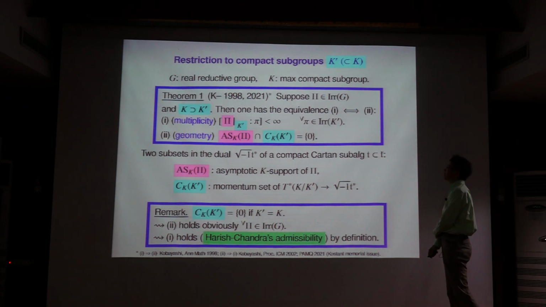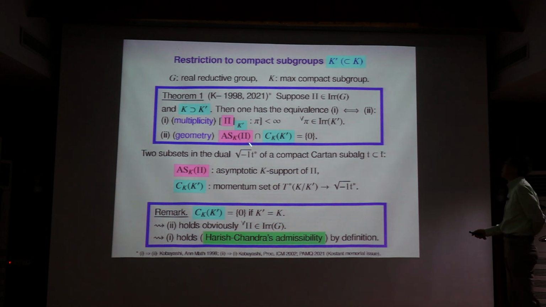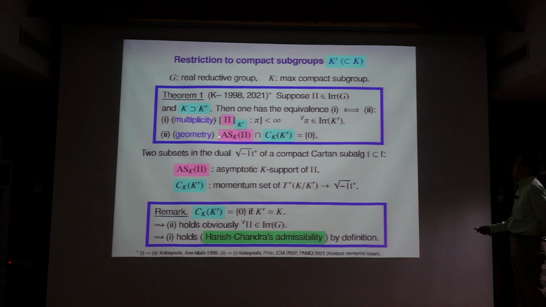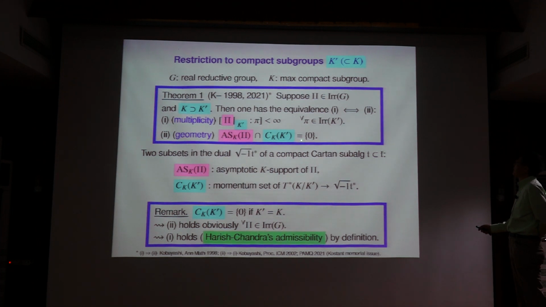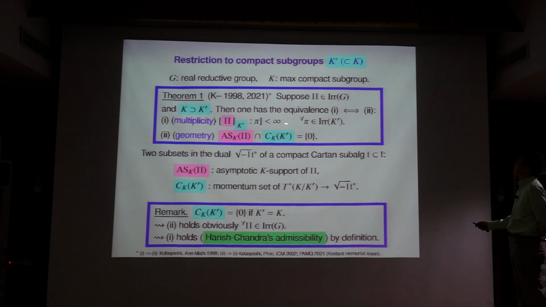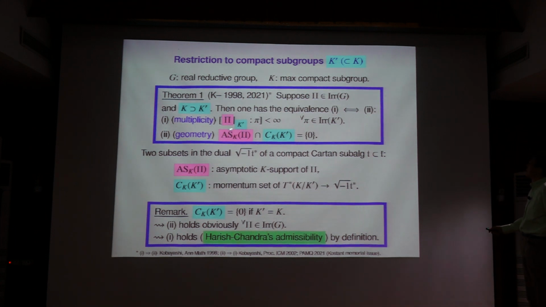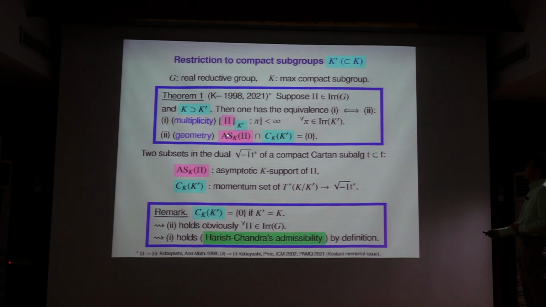So this is the condition on the pair of representation pi and K prime. And the second condition is the criterion for when this happens. Namely, this is a cone defined by representations, and this is another cone defined by subgroup K prime. And if the intersection of the two cones is trivial, if and only if the multiplicity is finite, restricted to K prime. To be more precise, this closed cone is a closed cone in the compact Cartan subalgebra,